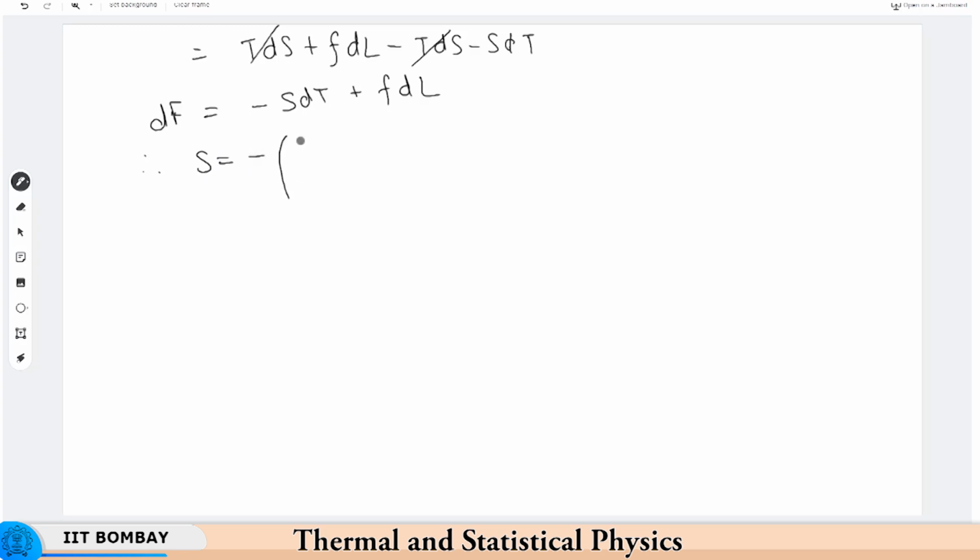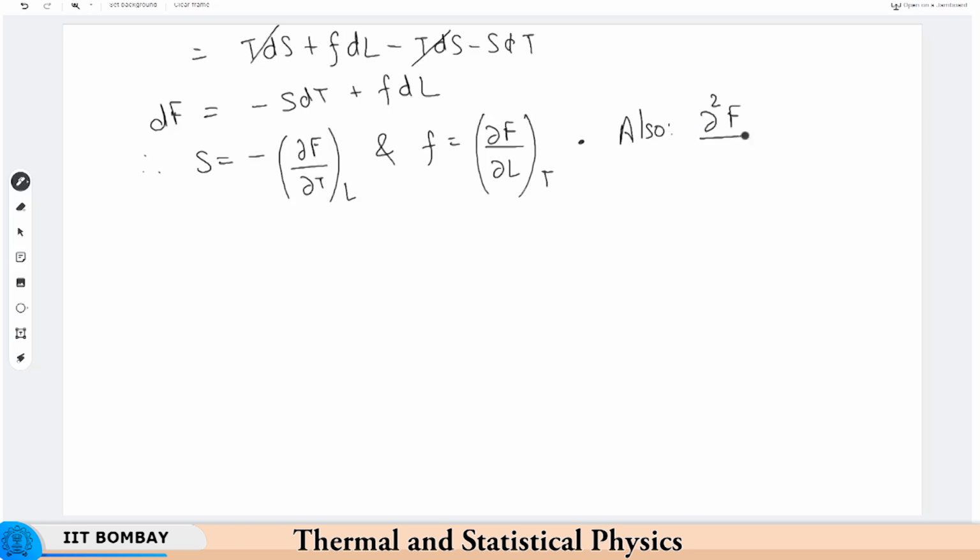So, this becomes TdS plus FdL minus TdS minus SdT. So, TdS cancels out, and we are left with minus SdT plus FdL, and this is dF. So, clearly we can see that S is the negative of the partial derivative of F with respect to T at constant length, and small f is the partial derivative of the Helmholtz potential with respect to length at constant temperature. And also, since dF is an exact differential,